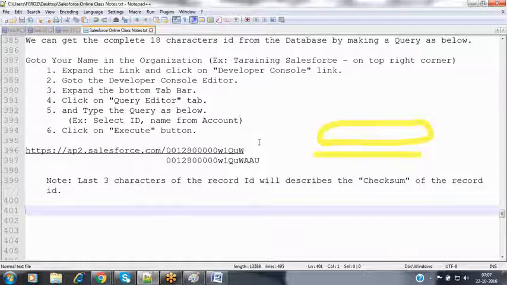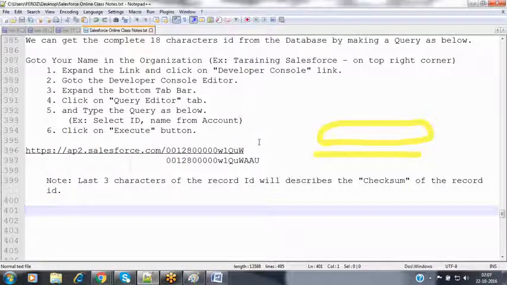So, in order to provide security, instead of providing the complete 18 characters, they make only the 15 character ID visible in the URL. So even if hackers hack that information, they will not get the exact path, and it will be very difficult for them. To maintain that kind of security, Salesforce does not show the last 3 characters in the URL.